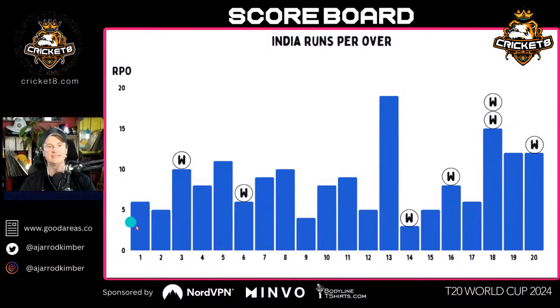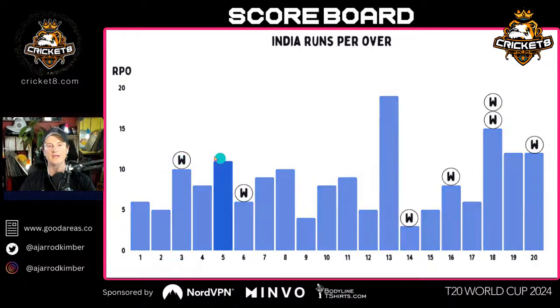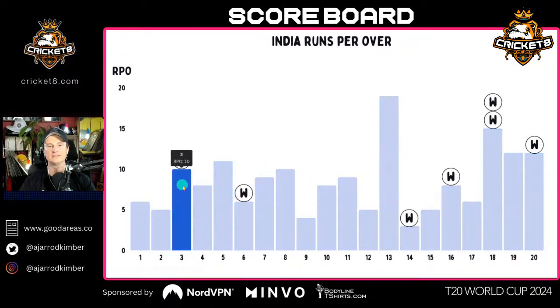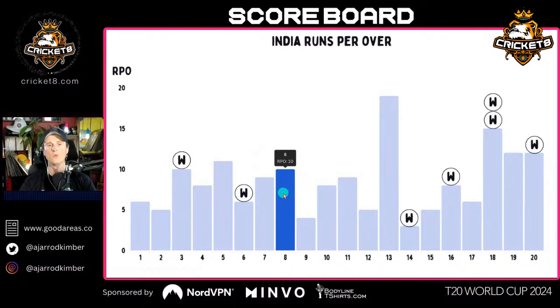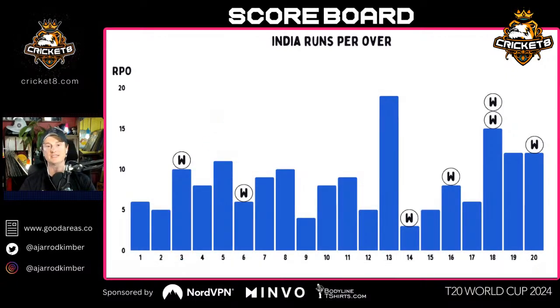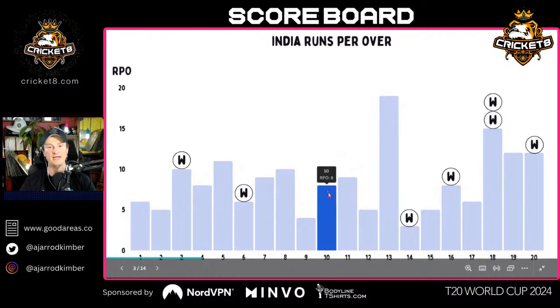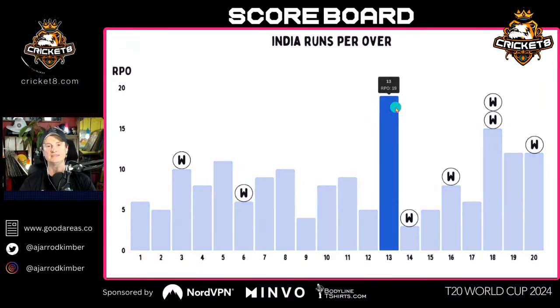And let's have a look at what India did. You see, England kept them to a decent enough start. They then got the wicket, but by this stage, I think it really is between overs 7 and 8 where India put a lot of pressure back on England. And we've been seeing this a lot in this tournament of them, even on wickets that aren't particularly good for batting, just putting extra pressure on and getting themselves in a really good position. But England did actually fight back again, especially Adil Rashid, who bowled really well, and Liam Livingstone. This is Chris Jordan bowling half volleys. It hasn't cost them the game because they've obviously lost by a long way.